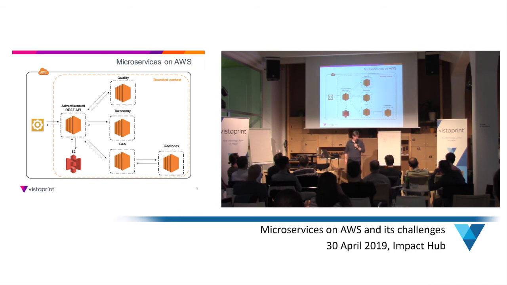That's one of the things. So we come again to the fallacies of distributed computing. And the first one is the network is not reliable. We have a synchronous request-response architecture here. How easy do you think it is to define in all four, and we have only four here, microservices, this failover mechanism where we either retry or implement a circuit breaker, or what we consider a default response in case one of the services is down? Can we, for example, skip the quality check if it's down? Probably no. Can we skip a taxonomy?